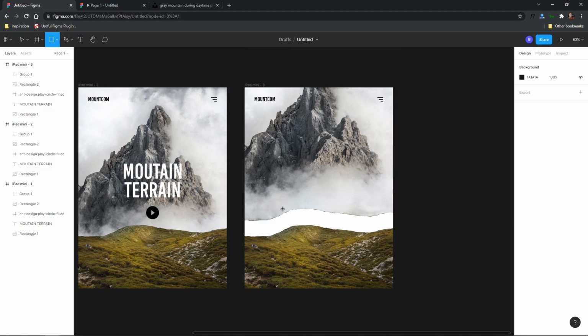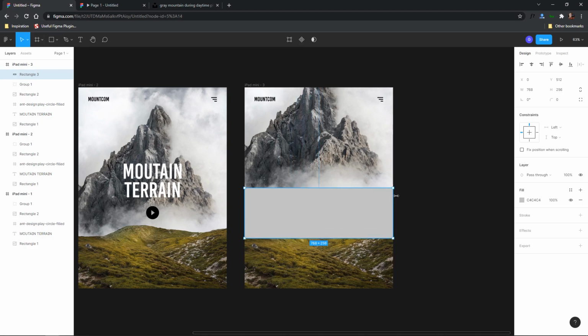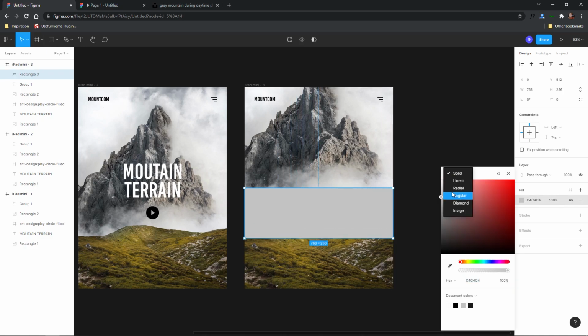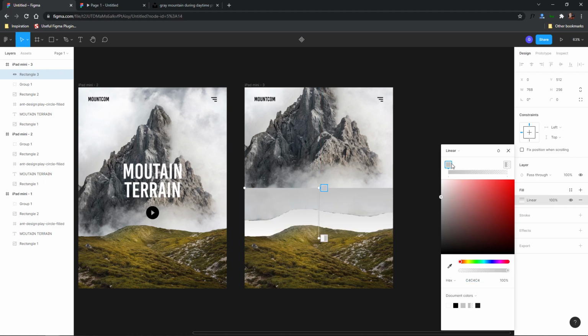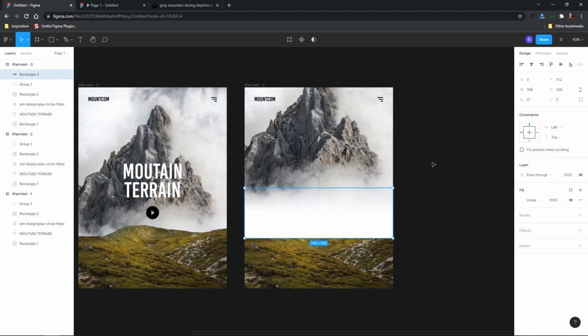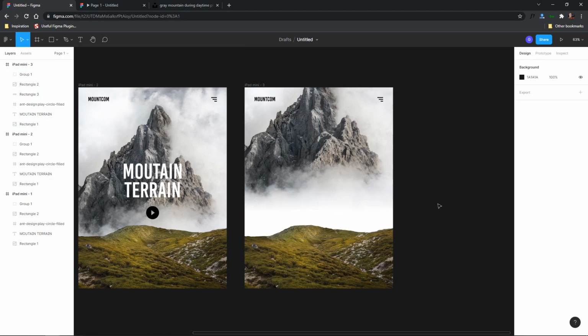In order to fade this out to white, we're going to create a rectangular container with a gradient fill. So linear. Let's turn these around and then change this one to white, and then this one can be white as well. So now we create a nice fade. All right, we want to make sure this is underneath rectangle 2, however. And then what we can do is create a